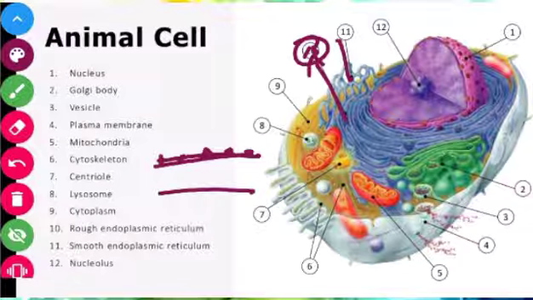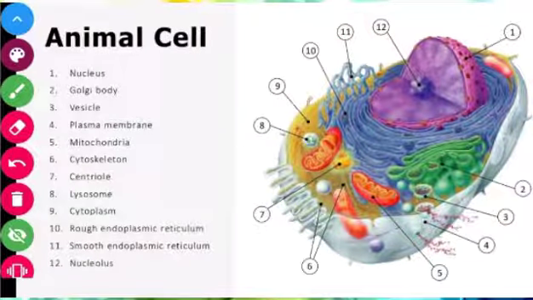In rough endoplasmic reticulum there is synthesis of proteins, and at any cost the rough endoplasmic reticulum does not synthesize lipids, and at any cost the smooth endoplasmic reticulum does not synthesize protein. Each has its own function: smooth endoplasmic reticulum synthesizes lipids, and rough endoplasmic reticulum synthesizes proteins. Okay, next let us see the 12th part,